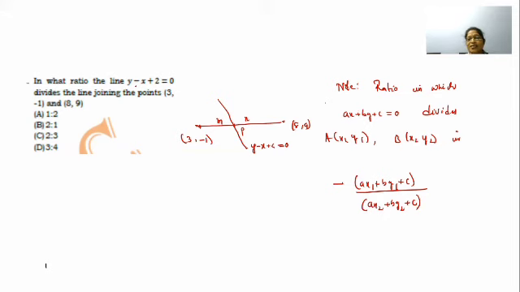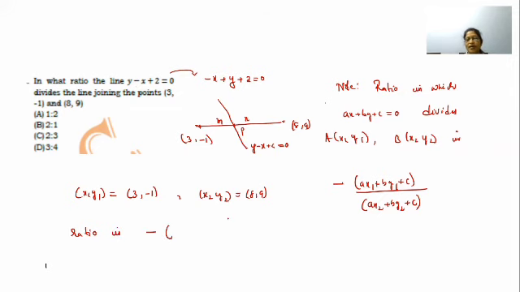So this is your equation ax plus by. You can write this as minus x plus y plus 2 is equal to 0. And you take x1, y1 as 3, -1 and x2, y2 as 8, 9. Am I correct? So ratio is minus of